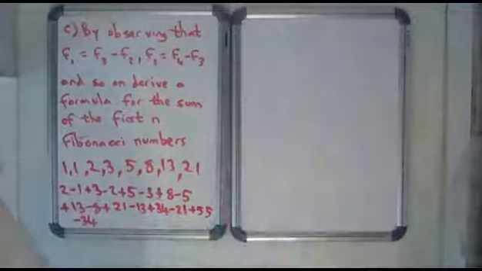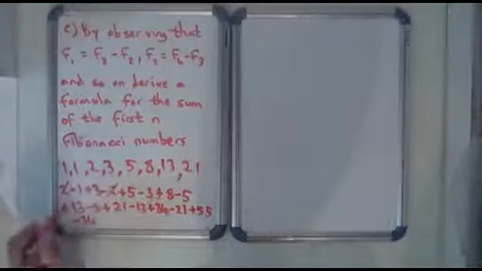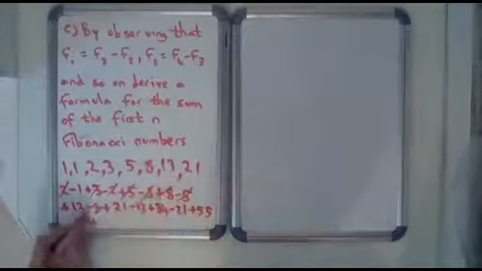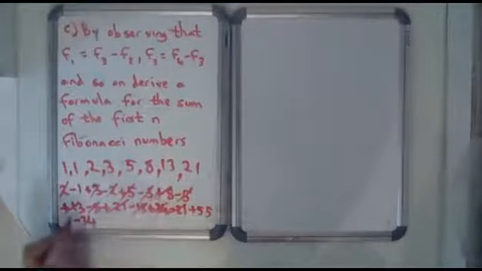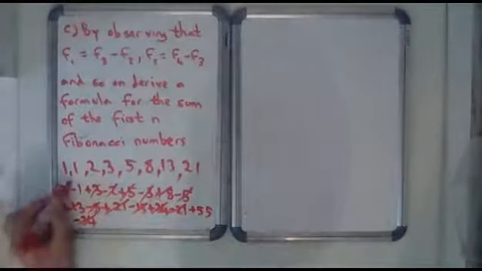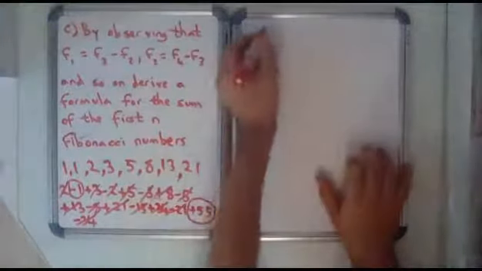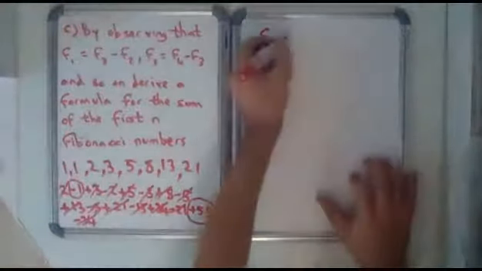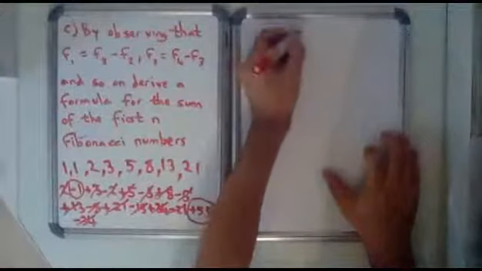Now, if you look at all that, you can see a lot of nice cancelling going on. So this 2 can cancel with this minus 2, this 3 can cancel with this minus 3, this plus 5 minus 5 plus 8 minus 8 plus 13 minus 13 plus 21 minus 21 plus 34 minus 34. And so all that's left in the sum is this term here, a minus 1 and a plus 55. Now remember, we were finding S8, and the 55 was the 10th number, so it equals F10